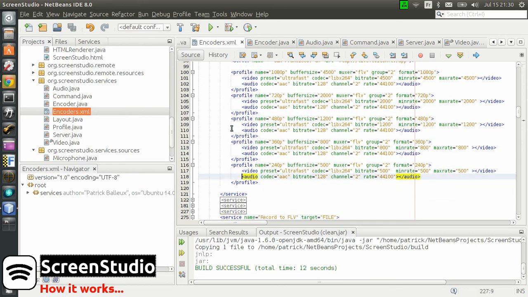And then I have the crunchy stuff here, profiles. Each profile is actually meant to define in a compressed way how the audio and video will be encoded and what muxer will be used. So it's kind of easy to create a new profile. You just copy and paste the content and create a new label, a name, that is shown on the screen, in the display of ScreenStudio,